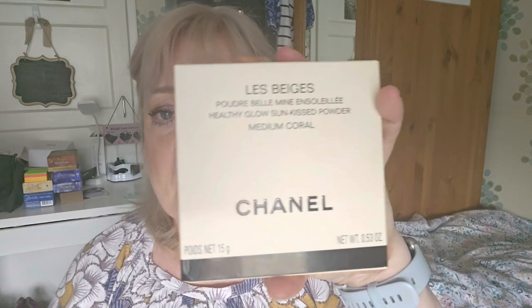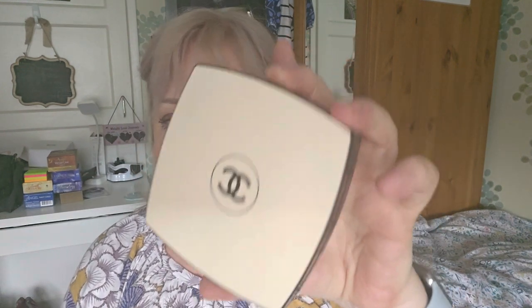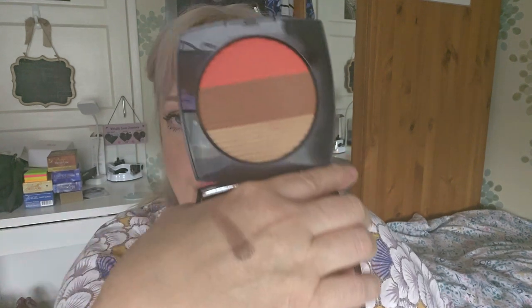On to updates. So Chanel Le Beige. I did a medium coral, a first impressions a few weeks back. And this is the oversized palette that has the 3 sections: bronze, blush and highlighter. So there we go. What I did today, I popped the bronze here, and I've used the other blush as I showed you in my favourites. And then I've used another favourite here,